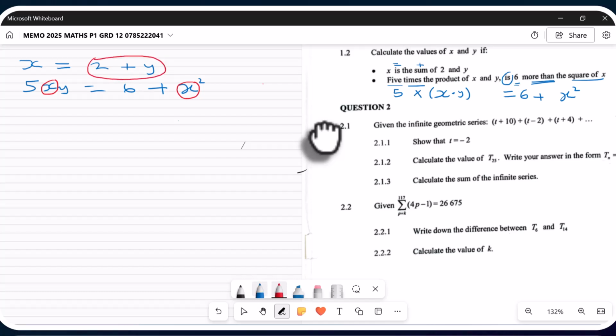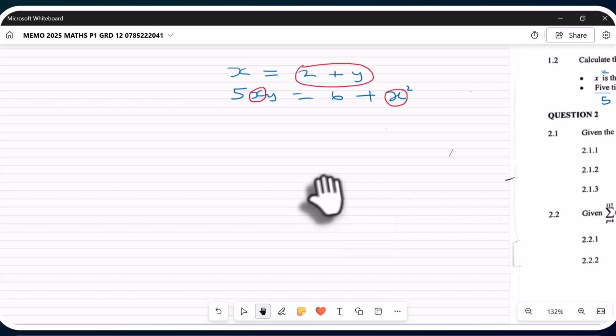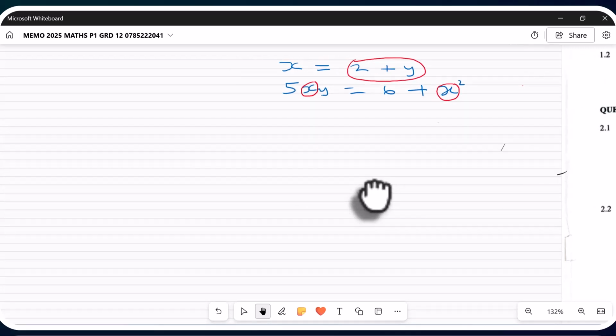It is 2 plus y, which must also be squared. So here I'm going to get 5y squared, then plus 10y equals 6 plus